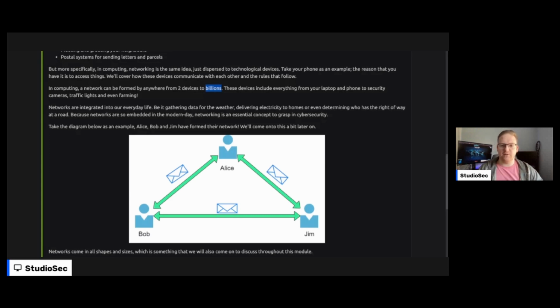These devices include everything from your laptop and phone to security cameras and traffic lights. If you go to Shodan, you can actually see some of these devices that are publicly broadcasted or accessible to the internet. It's kind of freaky, so definitely be careful if you have security cameras.